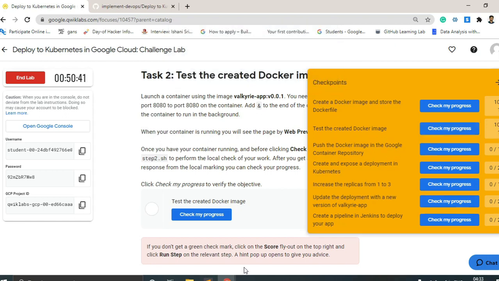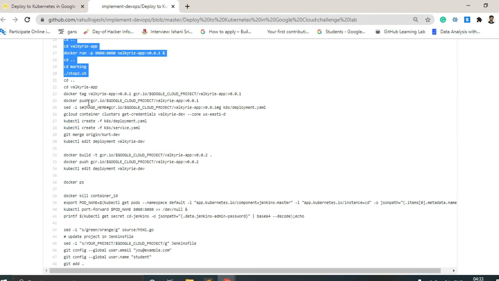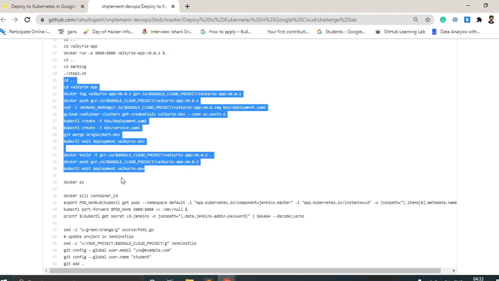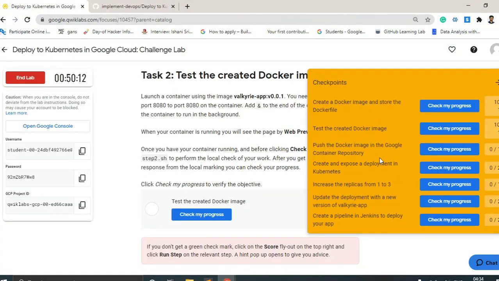So let's jump to the third step, and for the third we need to copy the code after step 2 till the edit deployment. In edit we will be doing our changes. The third task: push the Docker image to the Google repo, and create and expose a deployment in Kubernetes.